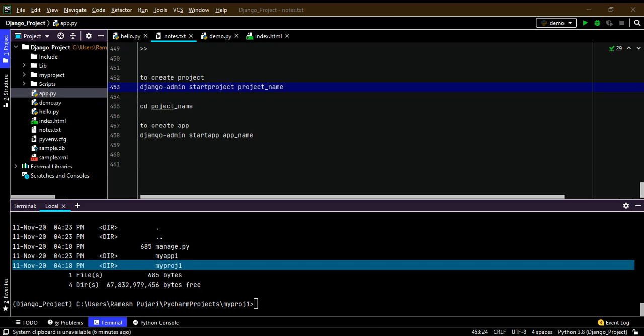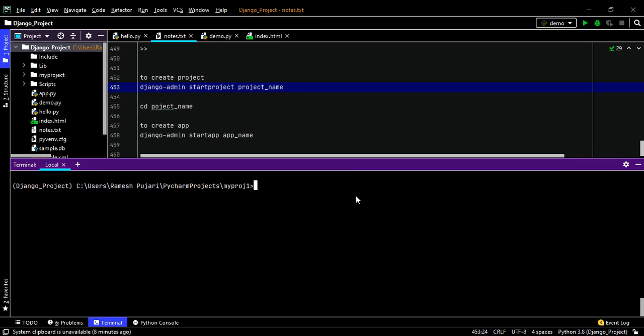As I explained, when you create a project, it contains the manage.py file. Next, when you create the applications, it contains the init.py file, settings.py file, urls.py file, and wsgi.py file. These files will be contained in the applications. Now I will explain the functionality of each file, and why you need all of them. I will explain file by file.